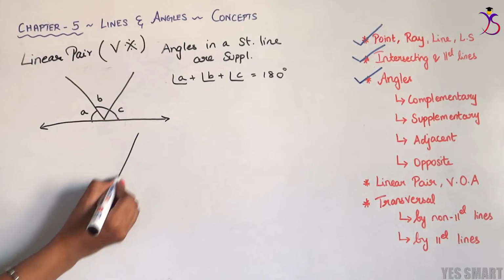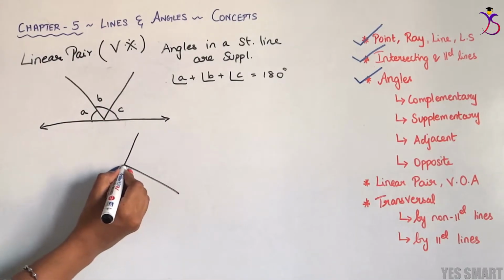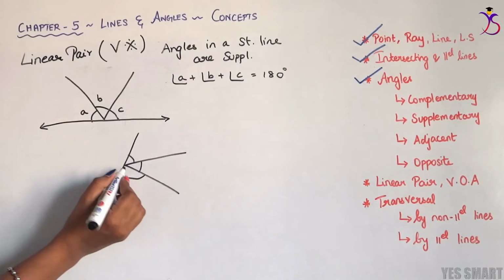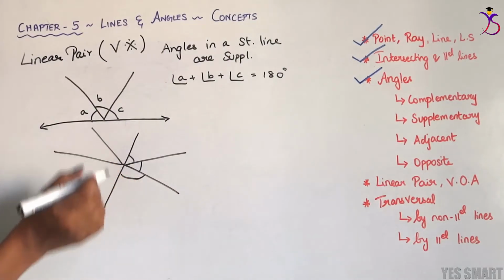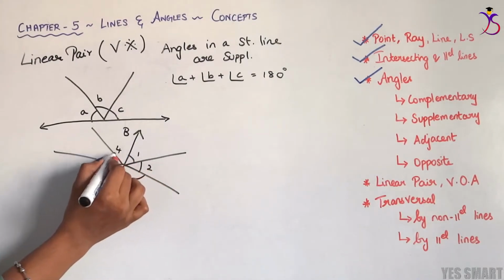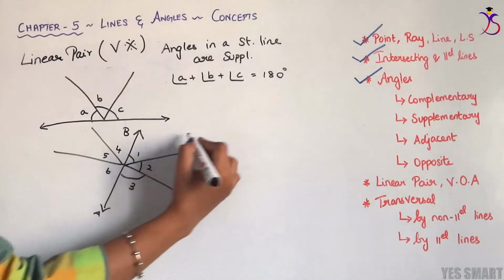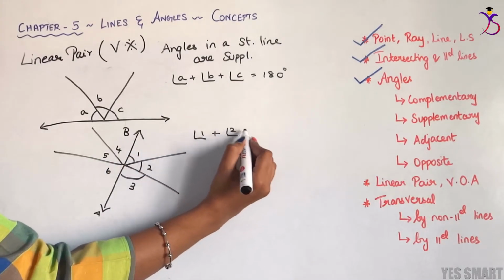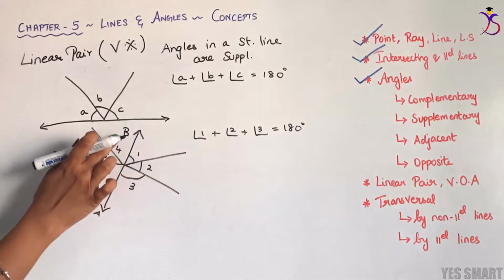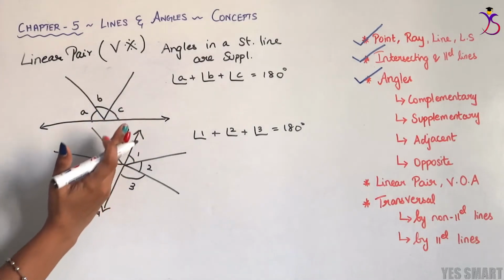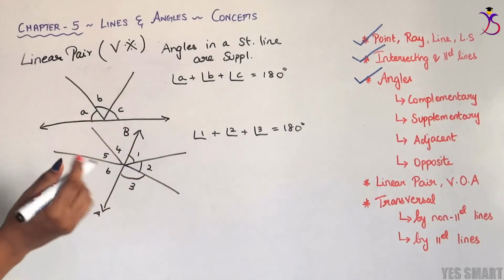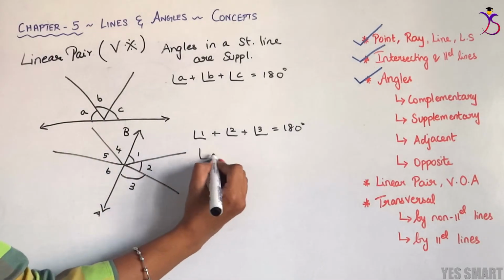Also, it is not mandatory that only the upper part should have rays. Here we can have rays above and below, on the left and right-hand side as well. That is angles 1, 2, 3. These three angles together form 180 degrees because they lie on a straight line. Similarly, on the other side of the straight line, angle 4, angle 5 and angle 6 together form 180 degrees because these three angles also lie on a